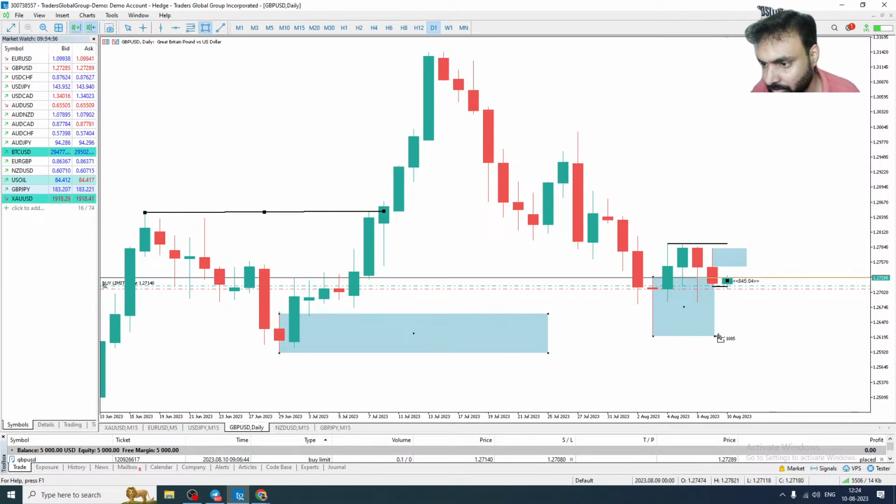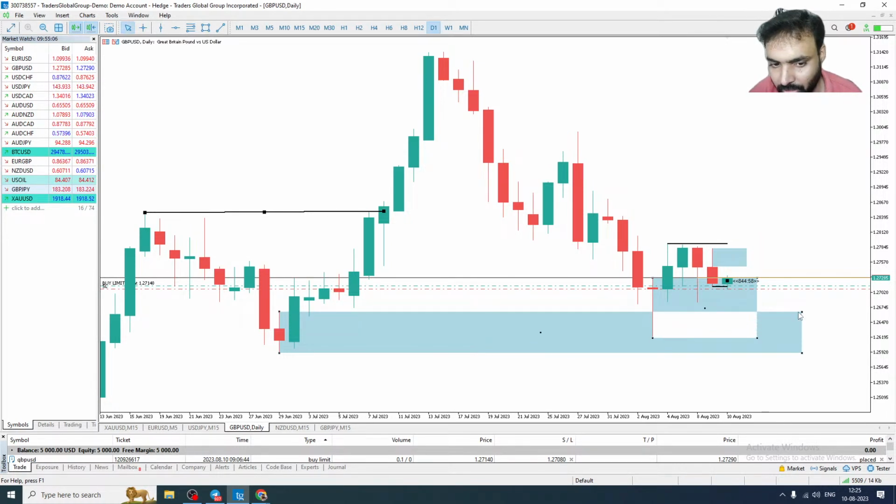Tested here. Right. And the recent trend is bearish. So it is at an important level. This is an important level, of course. So let's see. It has to go a little bit down. After that only it can become up.